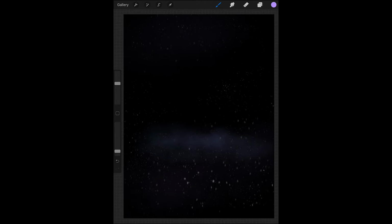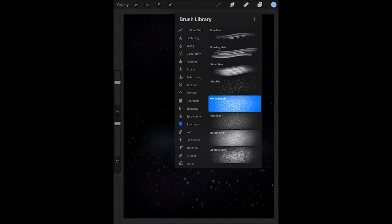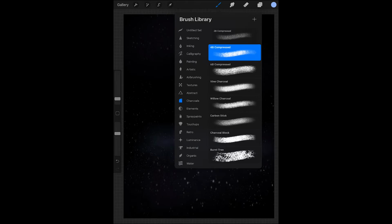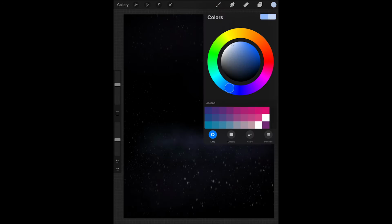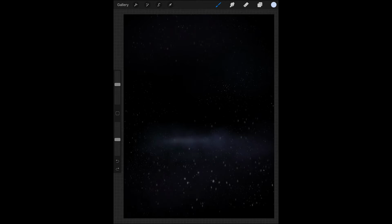Now, as you can see, I've switched to a softer brush and I'm using this light blue shade to create this kind of aura that I'm going to place the 7 members in. I'm testing different kinds of brushes here. I'm honestly not too well versed with Procreate, so I'm just testing what kinds of brushes they have. And I'm using a purple shade, and now I am trying to draw the BTS logo,